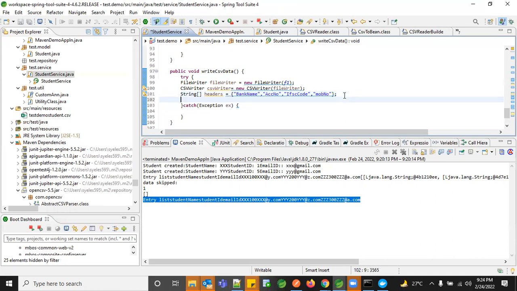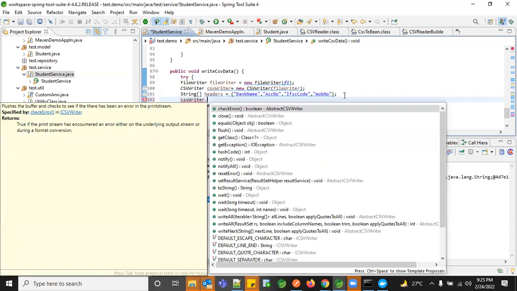And I need to add these into the file. So which object should I use? Should I use the CSV writer or should I go with the file writer? Since we are working on CSV writer, I'm using the CSV writer object. And which method do I need to use here?